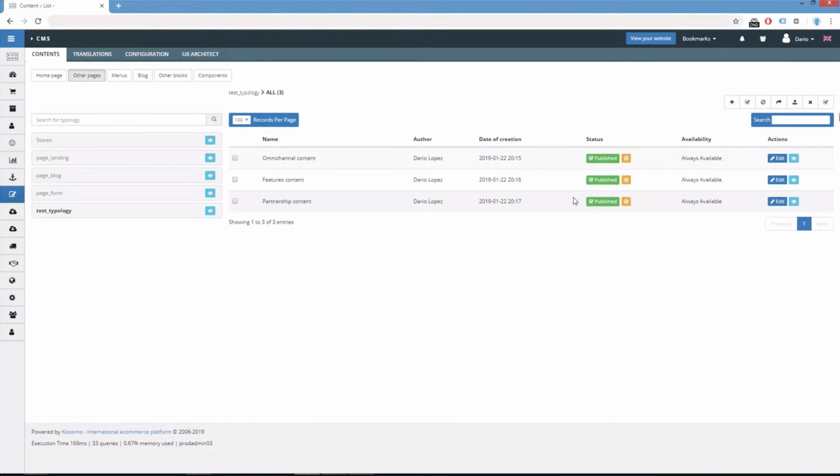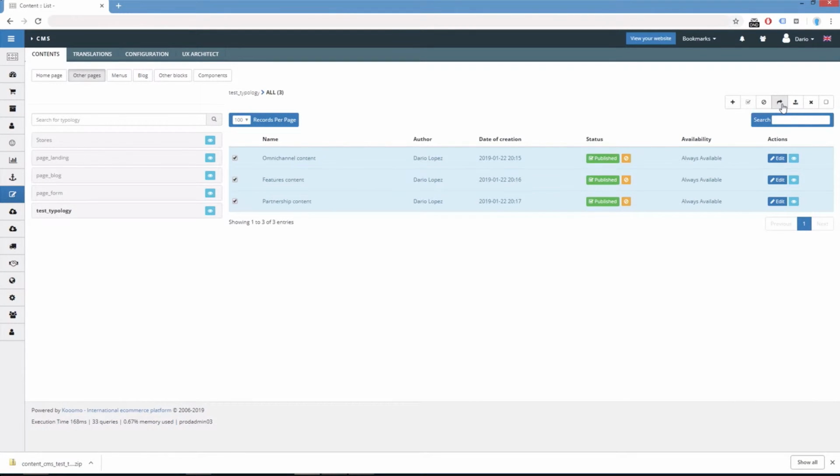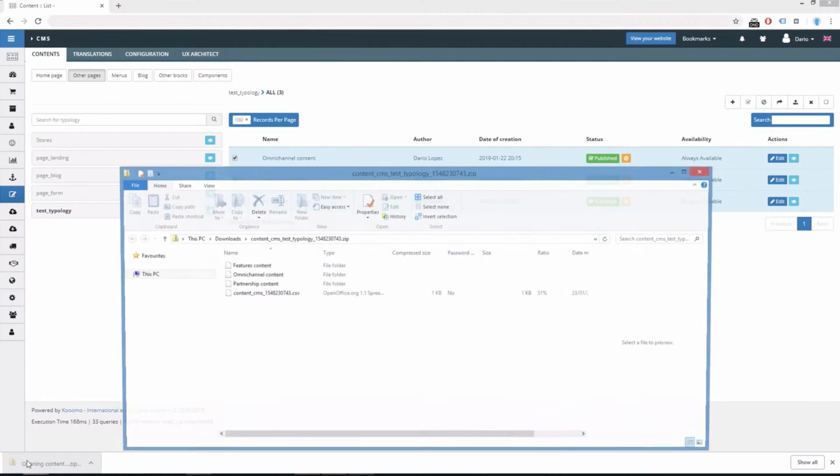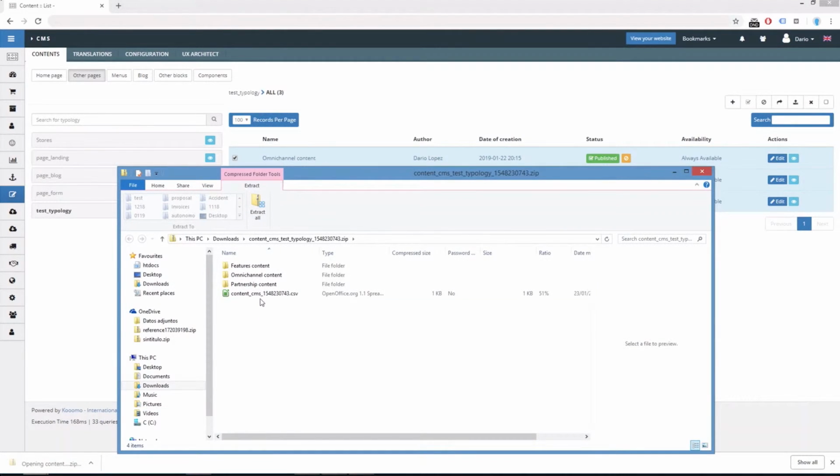So we will select as many contents as we wish to export. In our case, we will select all of them, and then we will click on the export as zip, and here we have the zip file downloaded. If you check this file, we can see inside of it there is a CSV file. If we open it,